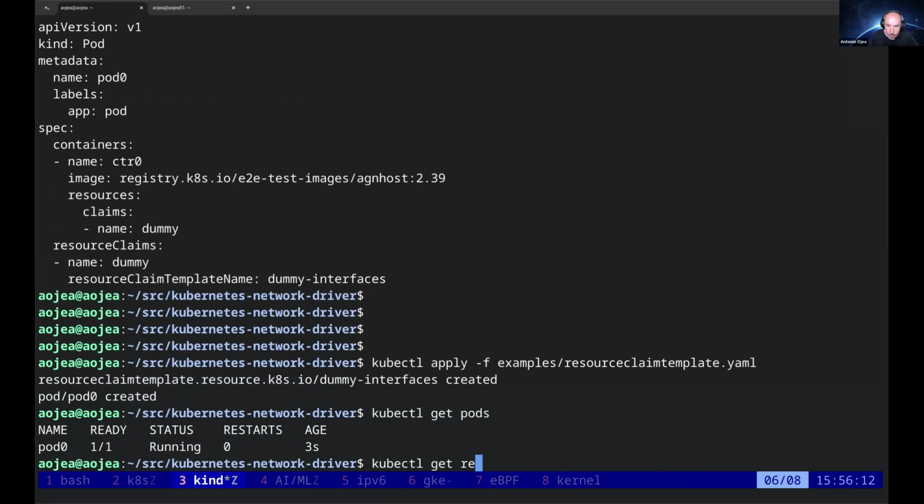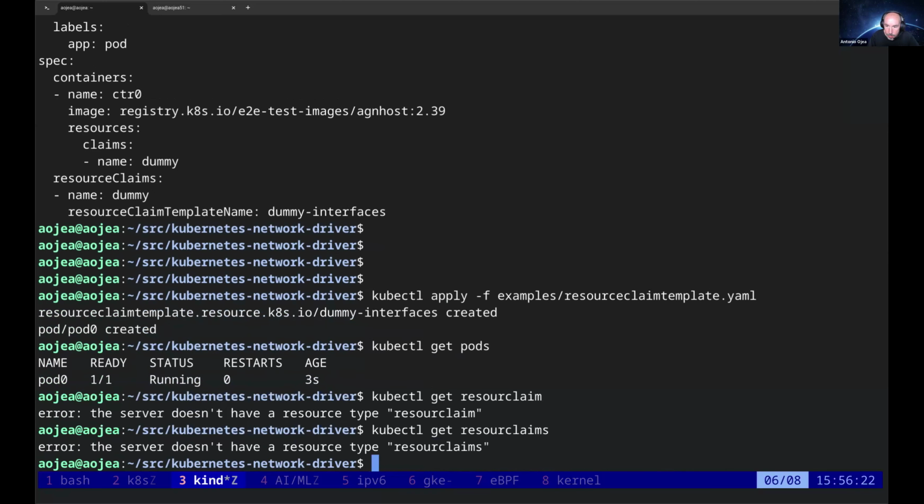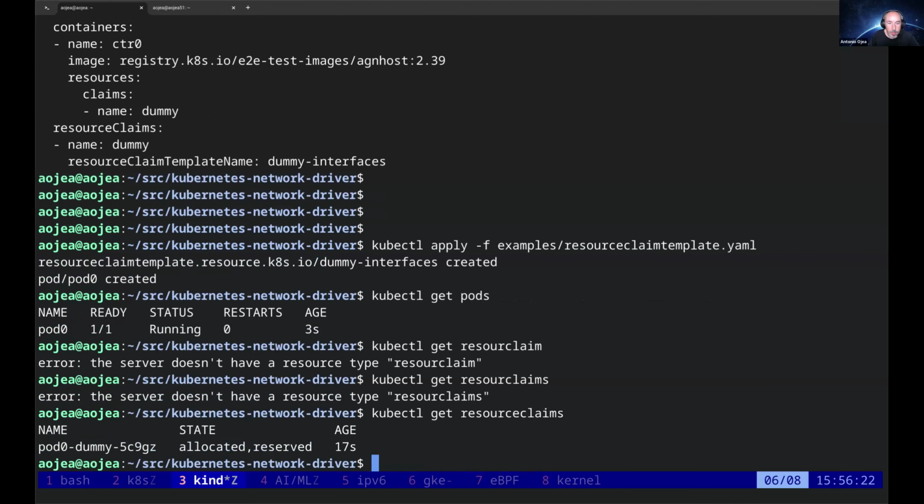We see the resource claim. Get resource claim. So we see that the resource claim template generated a resource claim, and the resource claim got allocated to the pod. And if we get the pod,